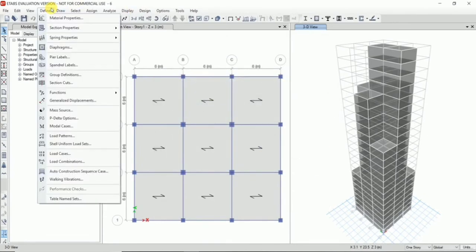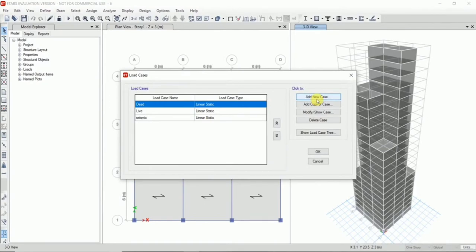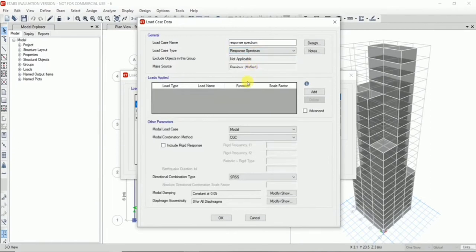To set a load case for the response spectrum function, we go to define menu and select the load case option. Clicking on add new case option, properties of the new load case can be set. Name the load case as response spectrum. Select the load case type as response spectrum. Clicking on add in the load applied dialog box, we add new loads U1 and U2 and select response spectrum from the function drop down list.